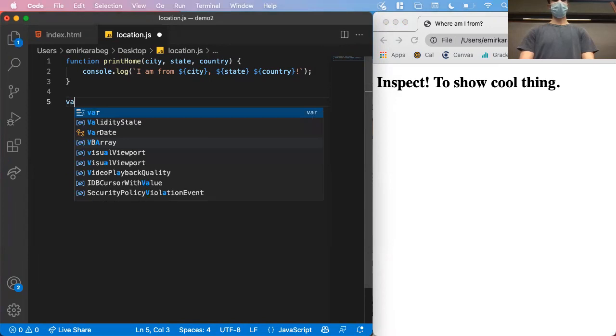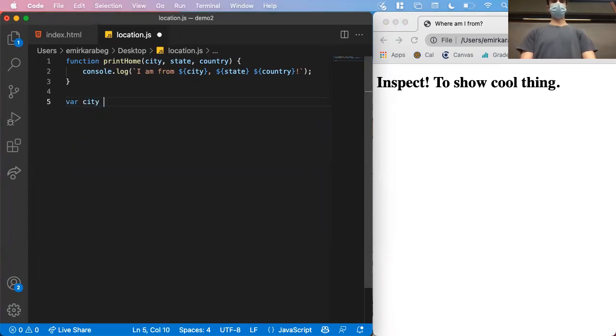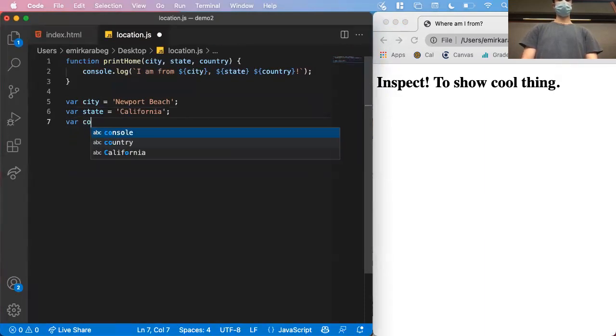Okay. Now we're going to initialize some variable city. So type in some city, like where you guys are from. I don't know. I'm going to do Newport Beach, because that's where I'm from. I'm going to do state equals California, and my country,